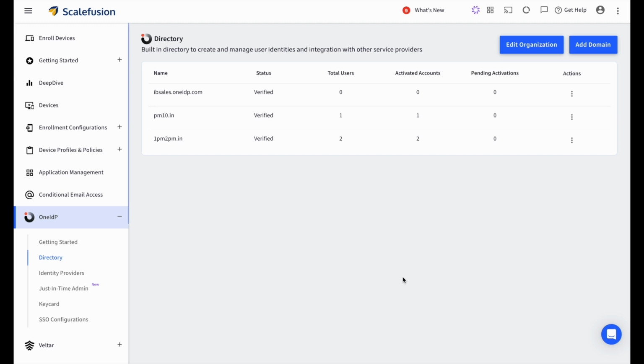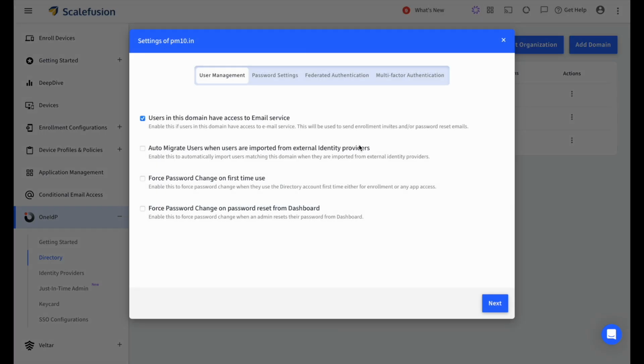We are going to see how you can enhance the device security using the directories added into oneidp and enabling multi-factor authentication at a device level. Just click on these three dots against the directory that you've added. You would be led to the settings of that directory where you can manage the users,